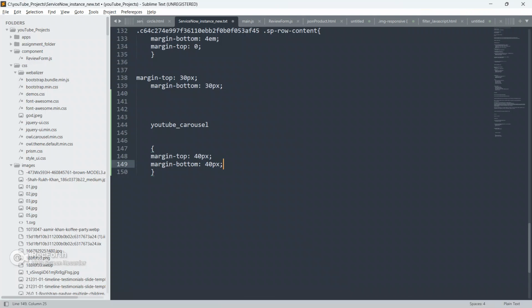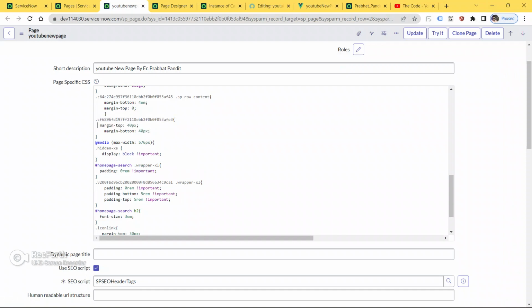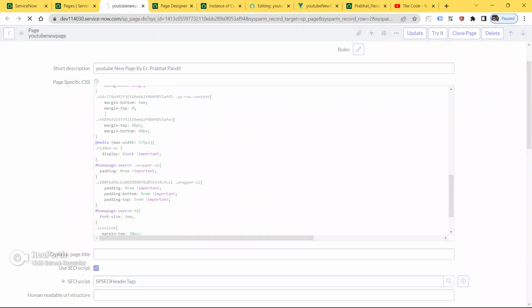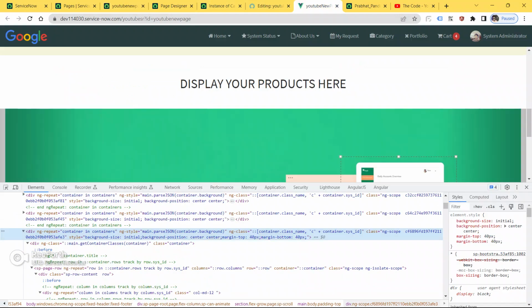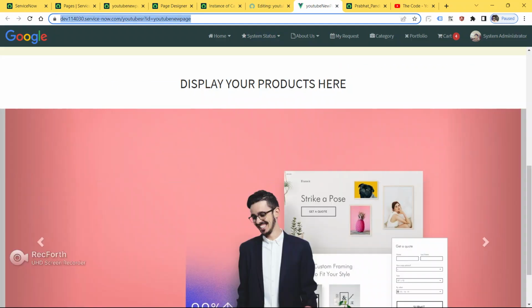It's not there. So just copy these properties and paste it here. Right click on the top and click on the save. Now refresh the page.